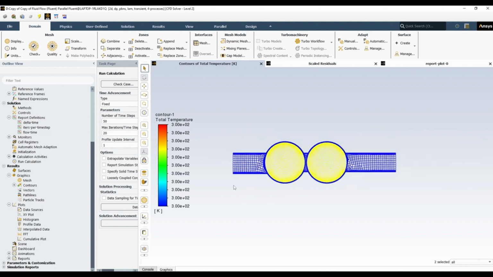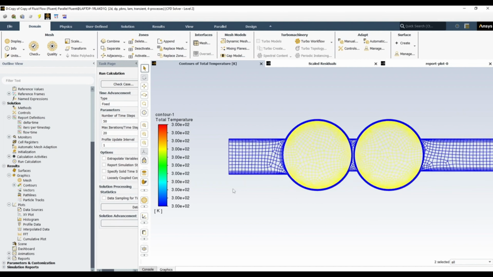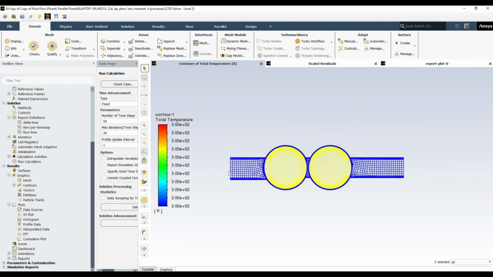This is a transient case, so we want to run a transient simulation, and we want to set a very small time step at the start of the simulation,